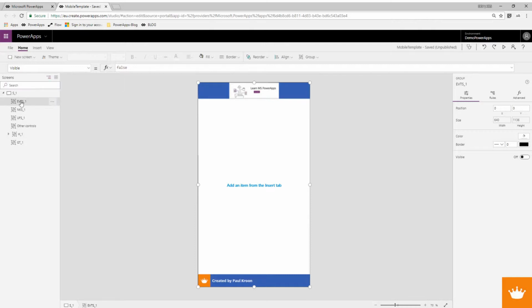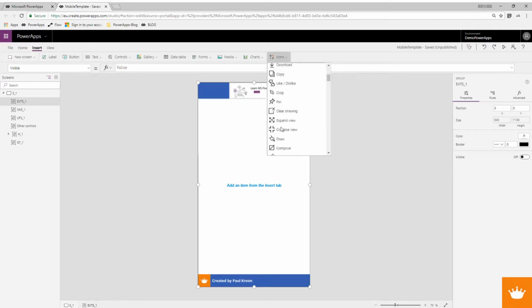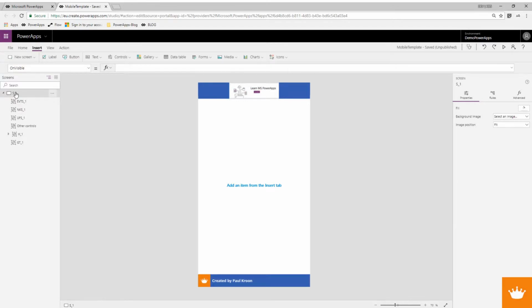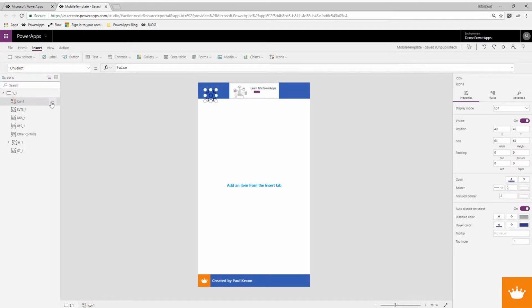You see the visibility on this screen is false. So let's first add an icon to be able to set a parameter so our events will become visible. And now I see I put it in the events box, but that's not what I want. Let's say this is the event show button,